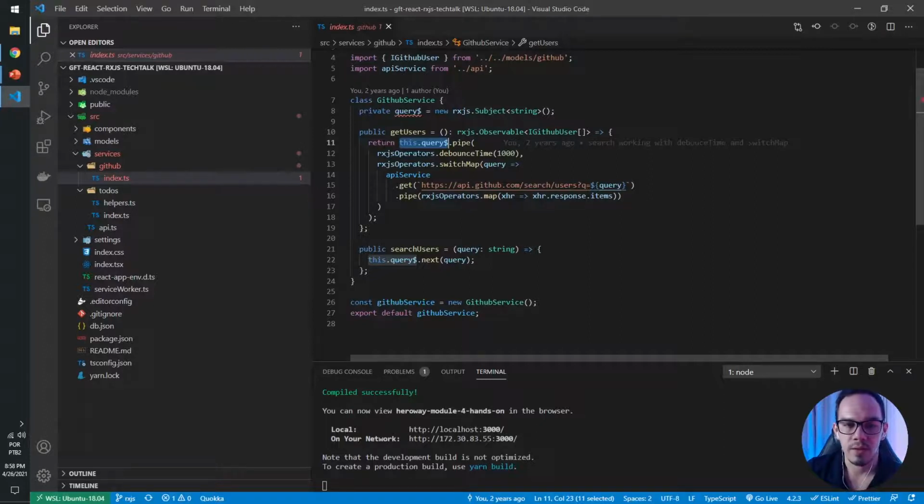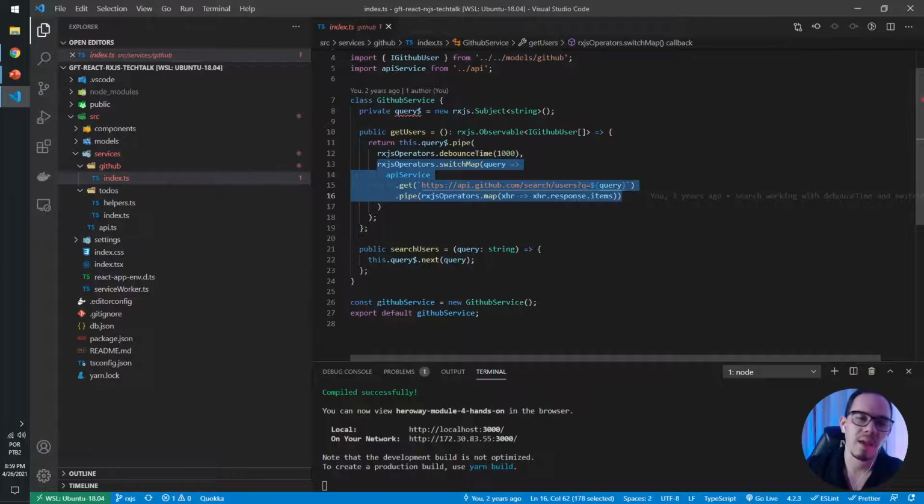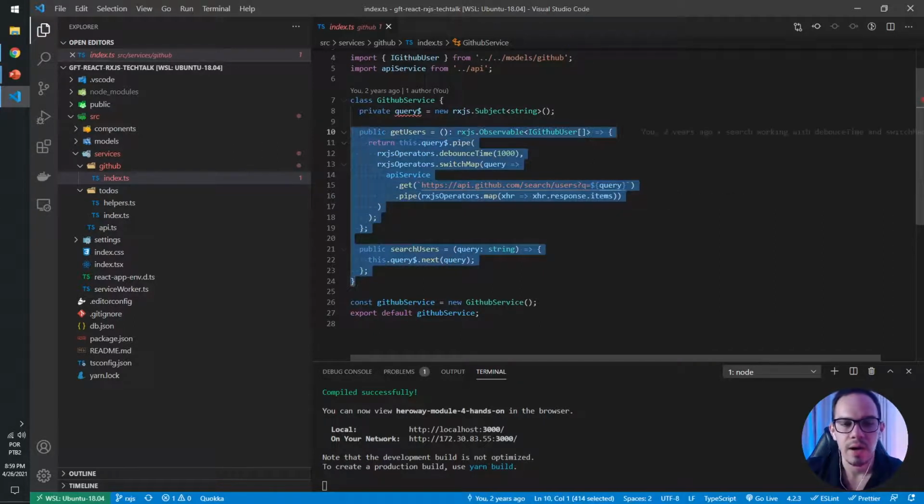This query is a subject observable. So every time I dispatch a next value through our search user, this query will be triggered. So we can just debounce time and switch map our code exactly the same way we did in the example using Redux observables. So it's much cleaner and